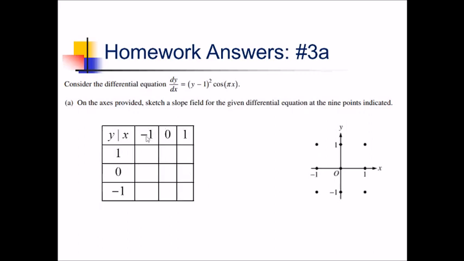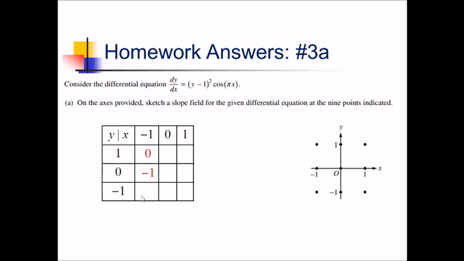If x is -1, then I've got cosine of negative pi, which is essentially cosine of 180, which is -1. So I'm going to have -1 times whatever I get for this squared expression when I plug in these y values. So this first y value, we've got y, or 1 minus 1, which is just 0. And then we've got, let's see, this is going to be positive 1 times -1, so that's -1 overall. And then if I plug in -1 for y, that's going to be, let's see, -2 squared is 4, times